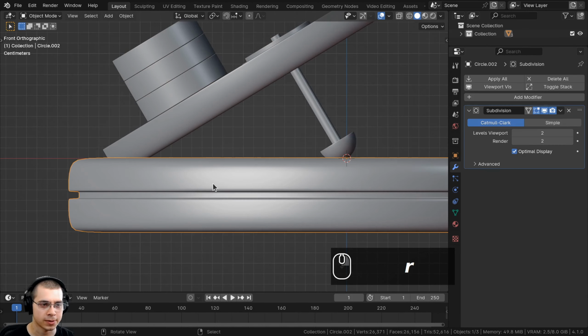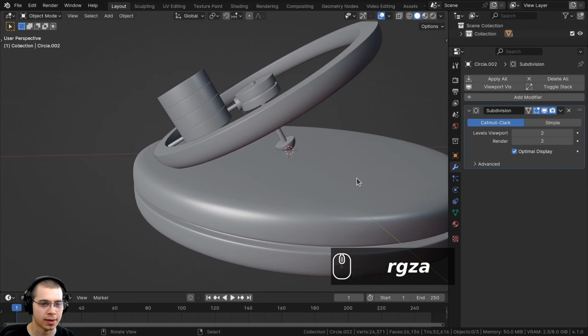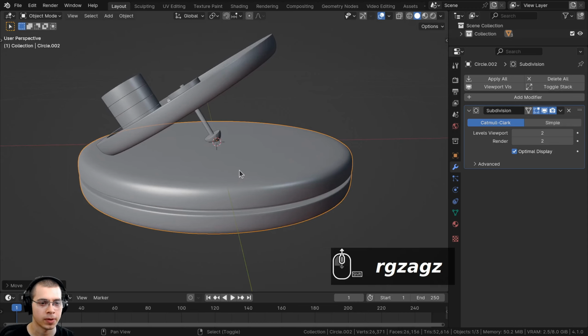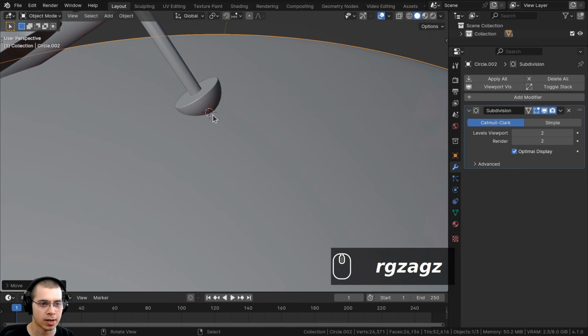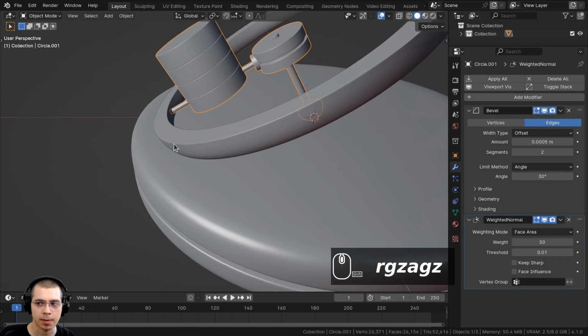Just rotate it down to about that far. I can also select the main piece, and I want to bring the main piece up just a little bit, so something like that is pretty good. So bring it up a little bit more. I now want to add a little inset right in here so that this piece has a little spot to rotate in, and then I want to add that piece there.